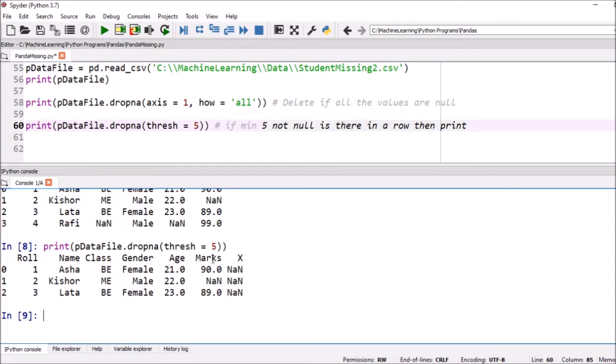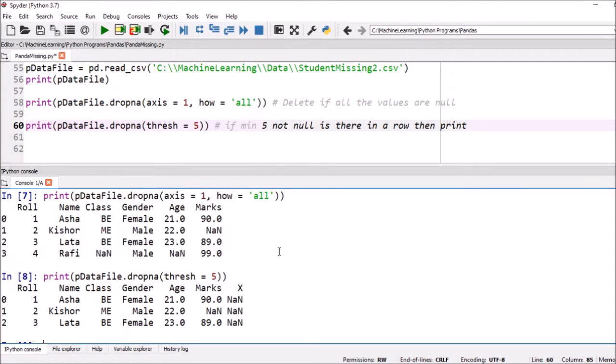Now you can see here in one row, the valid values are 1, 2, 3 and 4, so a total of 4 non-null values are there. But in the remaining records there are 6 here, 5 here, and 6 here.